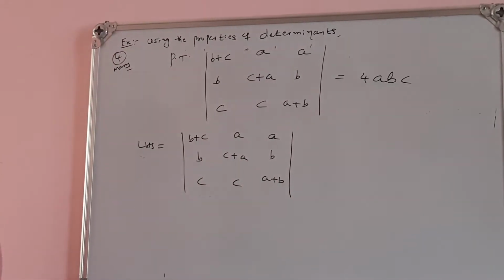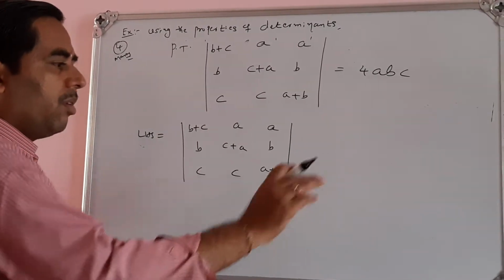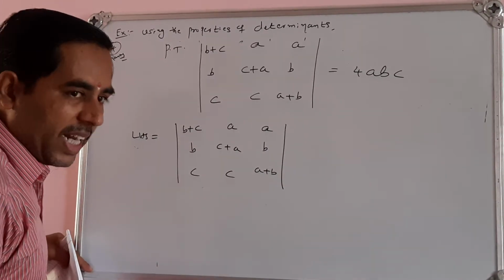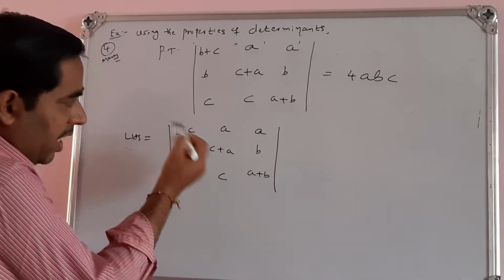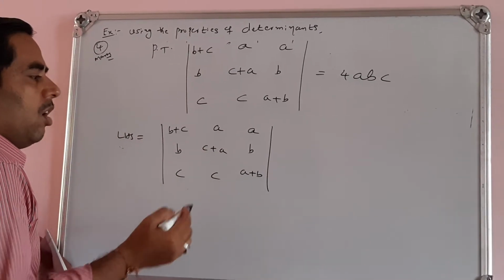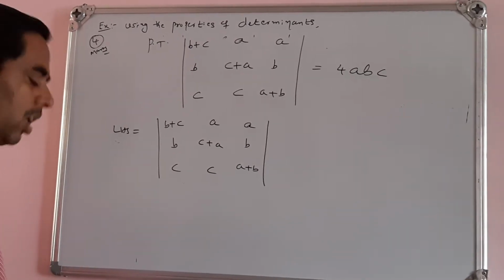See, the first step what we are going to write here is very important. If you go wrong here, then everything will be wrong. Okay. So see here, how can I make it 0? Can I make it 0? Is it possible to make any one of the elements 0? How can I make it by row operations or column operations?